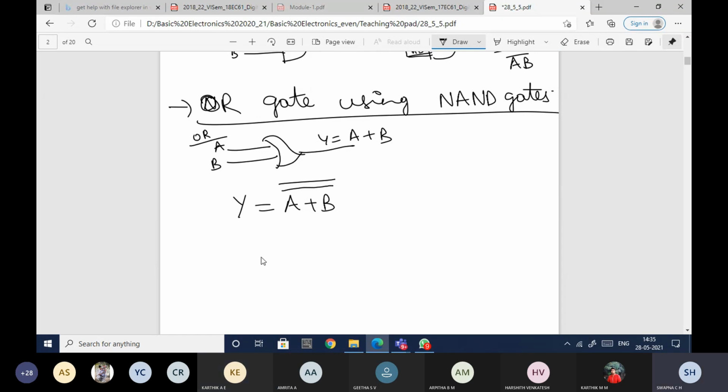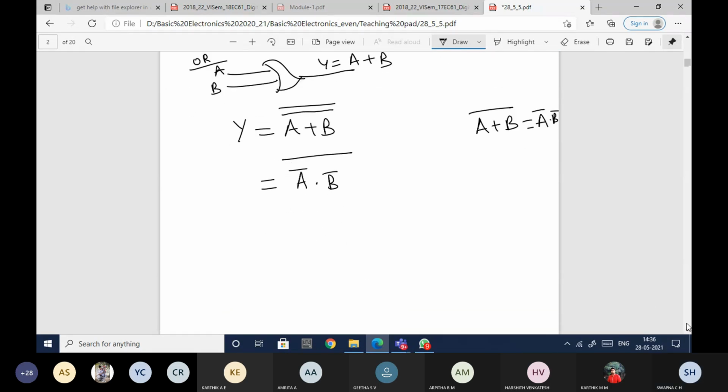Yes, ma'am. Okay, so using one complement, you know what A plus B whole bar is, by De Morgan's law. A plus B whole bar is nothing but A bar dot B bar. So I'll use one complement and expand it. So it will be A bar dot B bar whole bar. Now is it in the required form? Yes, ma'am. Yes, right, because this is one term, this is a second term, I have dot in between and I have whole complement also in between for the entire thing. Okay, but how will I get A bar?